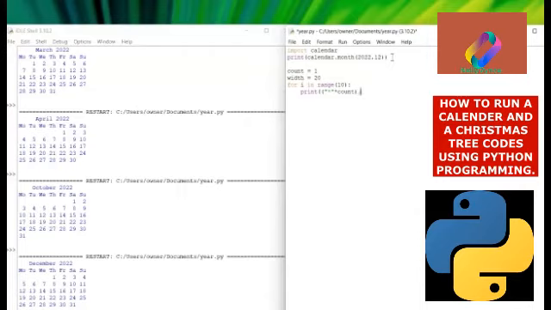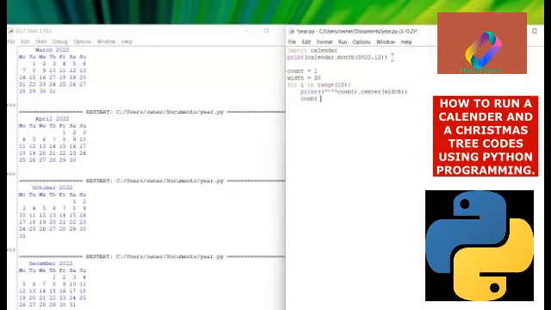dot center. One thing about Python is because it's an American software, you have to make sure all your words are in American English. It cannot be British English. So I'm going to use center, bracket open, width, bracket close. I'm going to close 2 brackets because I have 2 brackets open. Yeah, click enter, then count,